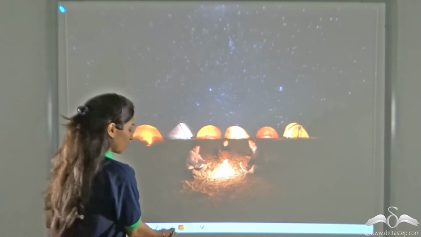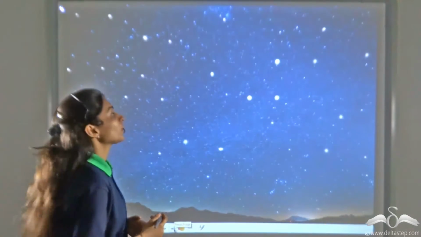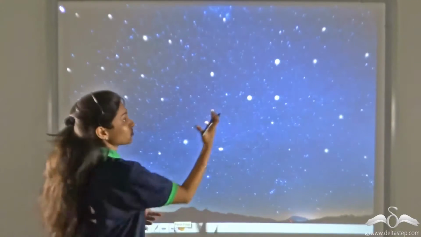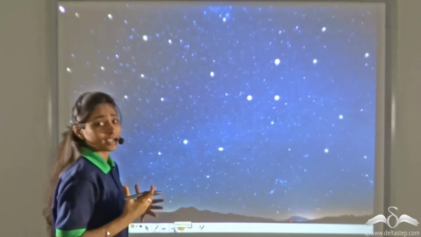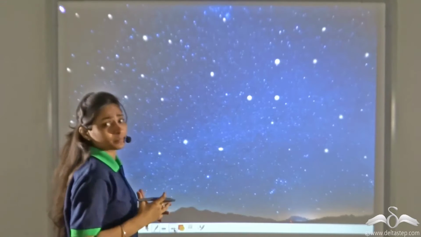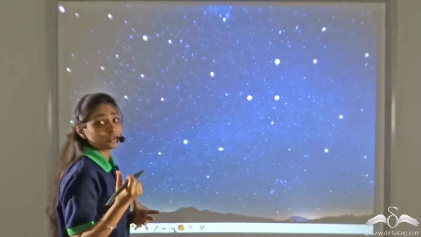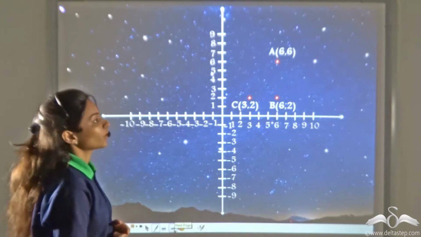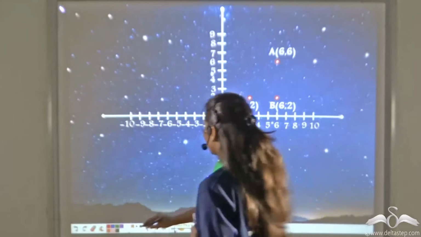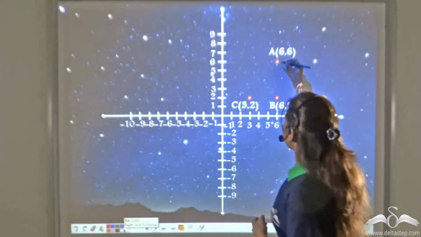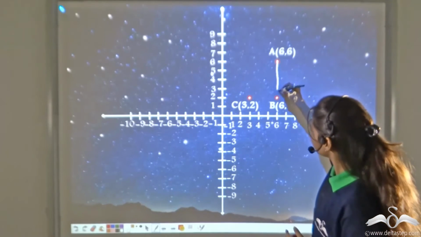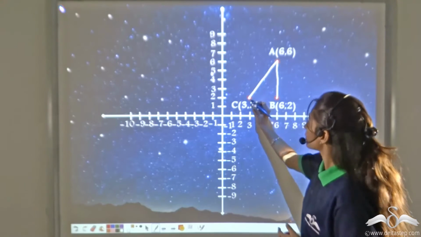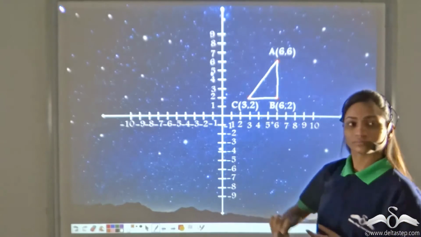Now, once I was watching stars when I saw three stars shining much brighter than the others. My imagination fixed on these stars, and I started thinking whether these stars form a shape. I took out the graph paper and immediately plotted these 3 points on the graph. Now, I could see that after joining this line and joining this line with an external point, it was giving me a triangle.